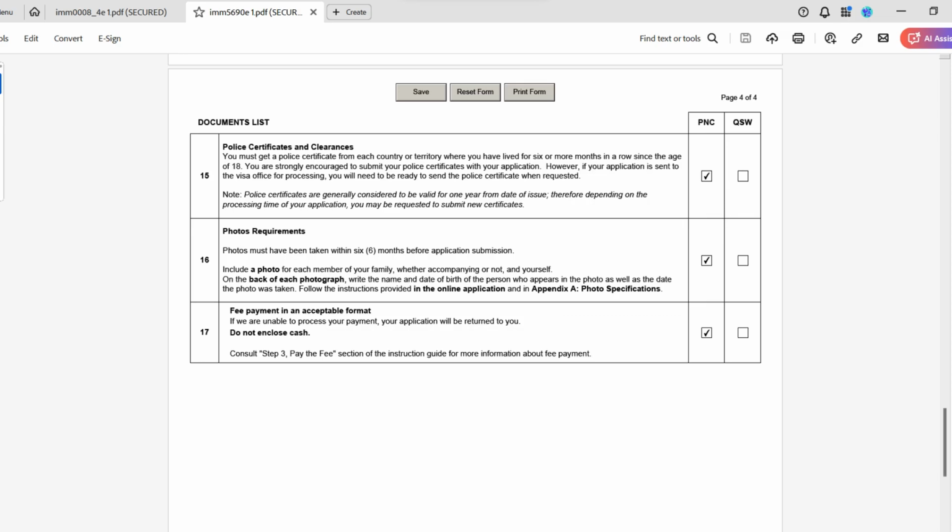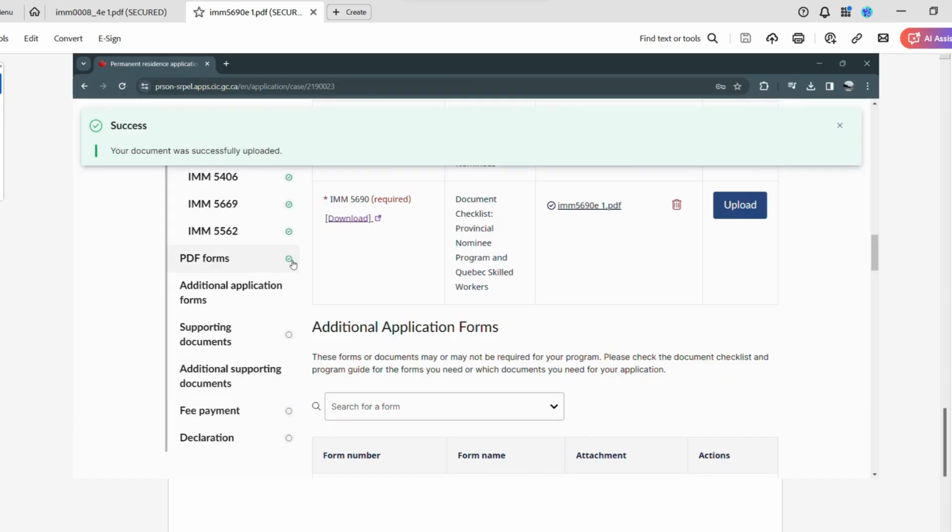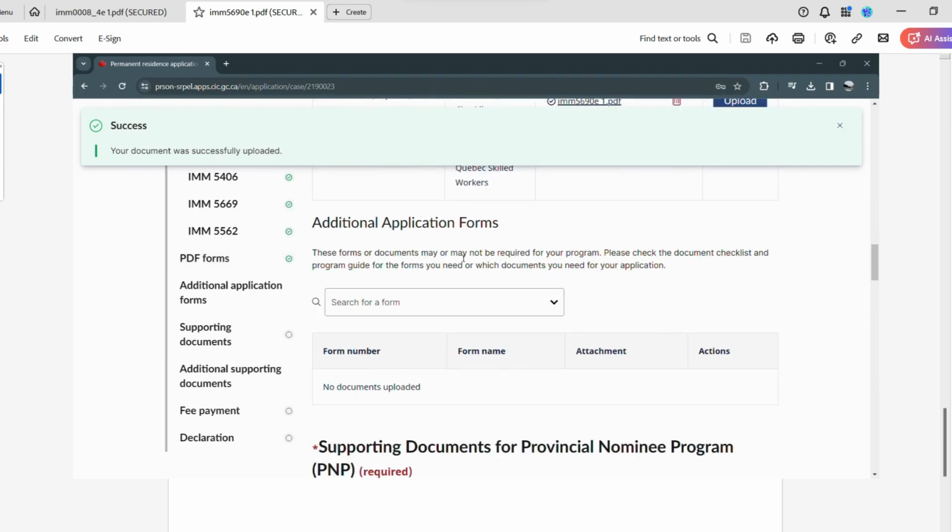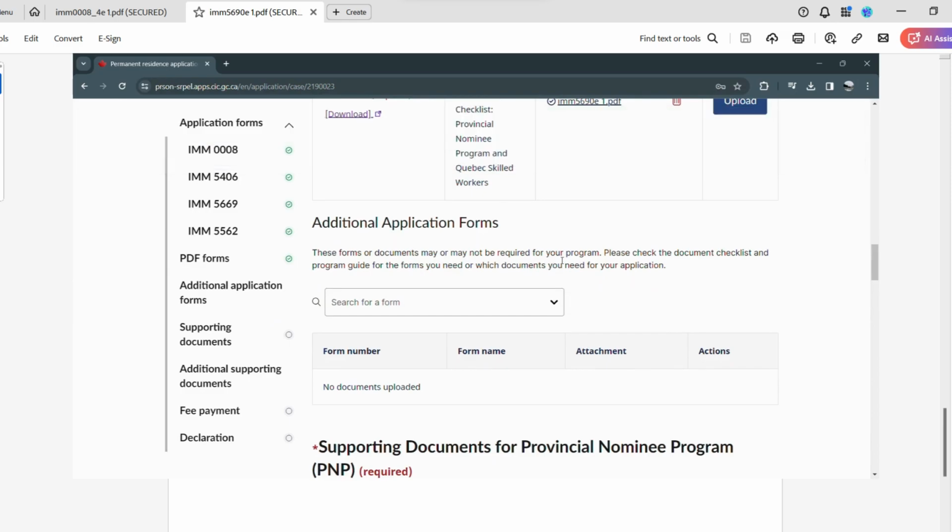So now that we have all of it, we can upload it as well. Now that you are done with the forms, it will automatically put a green check mark over here. It will ask you about the additional forms. Now that you have completed all the forms in the PR application, it's time to upload all of your